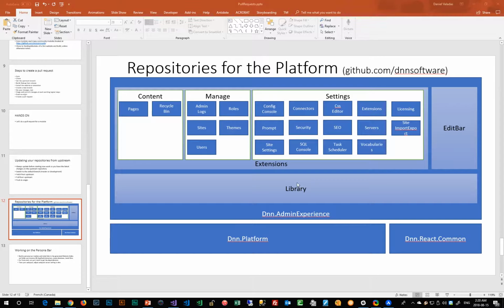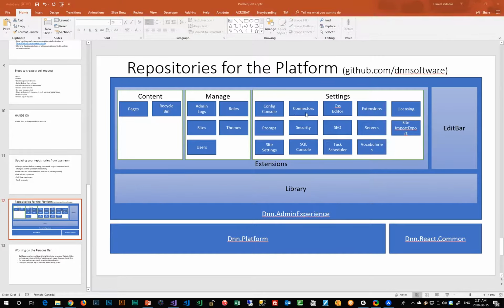So in that repository you're going to see a library folder, an extensions folder, and an edit bar folder. Further down in the extensions folder, you're going to have a folder for each of the persona bar menu items, which is content, manage, and settings. And inside of those folders, you're going to have a folder for each of the persona bar modules,